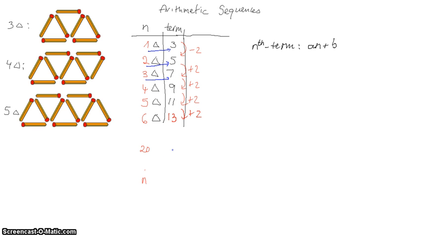So I'm looking for a formula that will do that for me. I will call it the nth term, because the nth term is any position in the sequence. So, in an arithmetic sequence, the formula will be linear like this, and this is my variable. It will depend on n. I just need to find the value of a and b. Because I'm adding 2 every time,